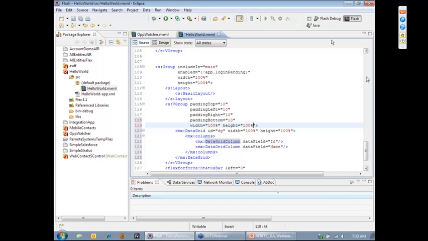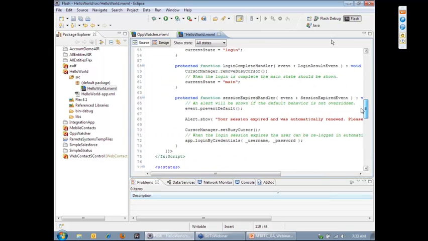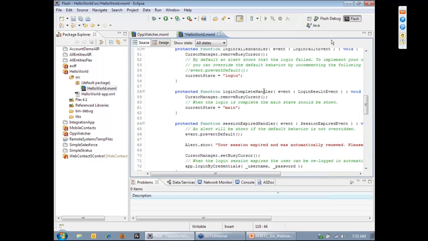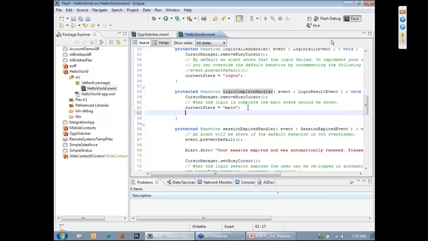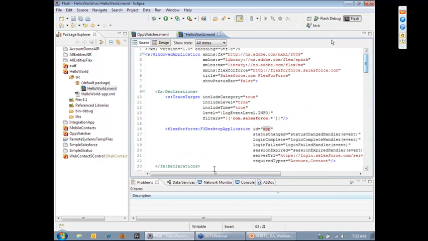So now let's actually make a request to Salesforce.com to get my accounts. So to do that, there's an ActionScript login complete handler here. So this is the ActionScript function that's actually going to get called once my application has successfully logged in. So once the user has entered the right credentials and hit login, then we will call this function. And so now is where we actually want to make a query to Salesforce.com. So I'm going to do app, that's defined up here. This F3 desktop application, its ID is app, so that's how I access that. So I'm going to do